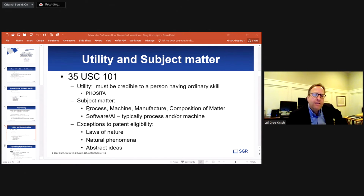The difficult part gets into the subject matter, where we're under 35 USC 101, which is the statute, the law that indicates what type of inventions are patentable. To be patentable, the invention needs to be a process, machine, manufacture, or composition of matter. Not surprisingly, software and artificial intelligence typically fall under the process or machine category. So that's fairly straightforward. However, over the years in the United States, the courts have interpreted